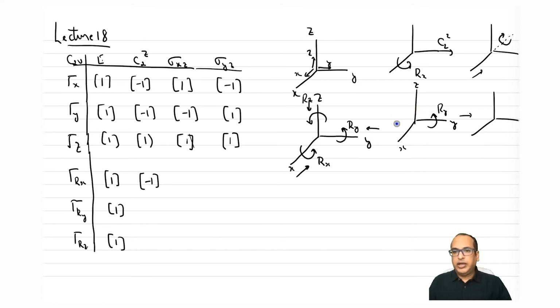So again it will appear like this, and if I'm visualizing from this side, because my visualization does not change, it will appear as clockwise. So the vector becomes like this, right? RY. So that also gives me a character of -1 in this case. Okay, I hope I'm making it clear.